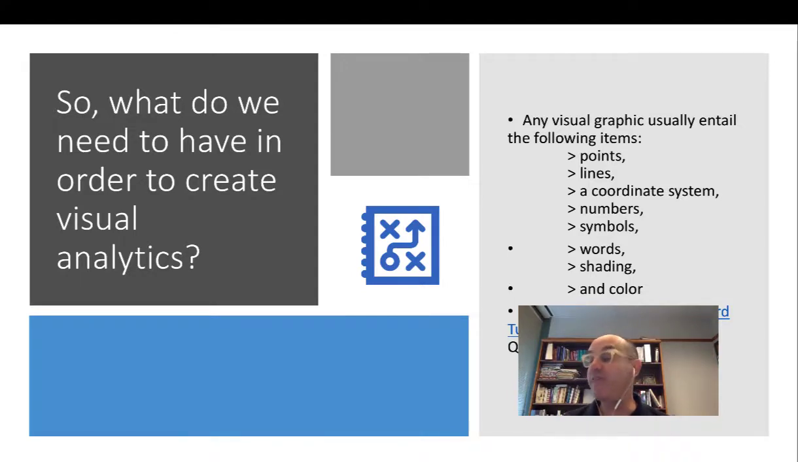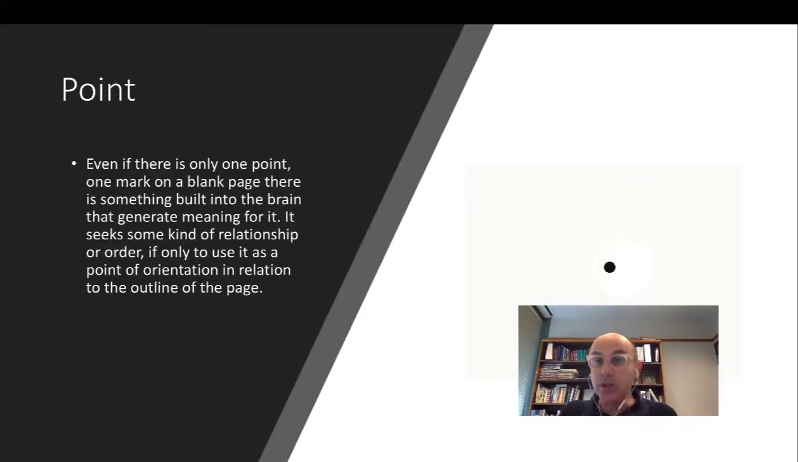It consists of points, lines, coordinate system, numbers, symbols, words, shading, and color. I will talk more about color theory next module, but I want you to keep that in mind, because this is where we are going to compose or create our visualization. This is the main texture that we are allowed to work with. So the point is the